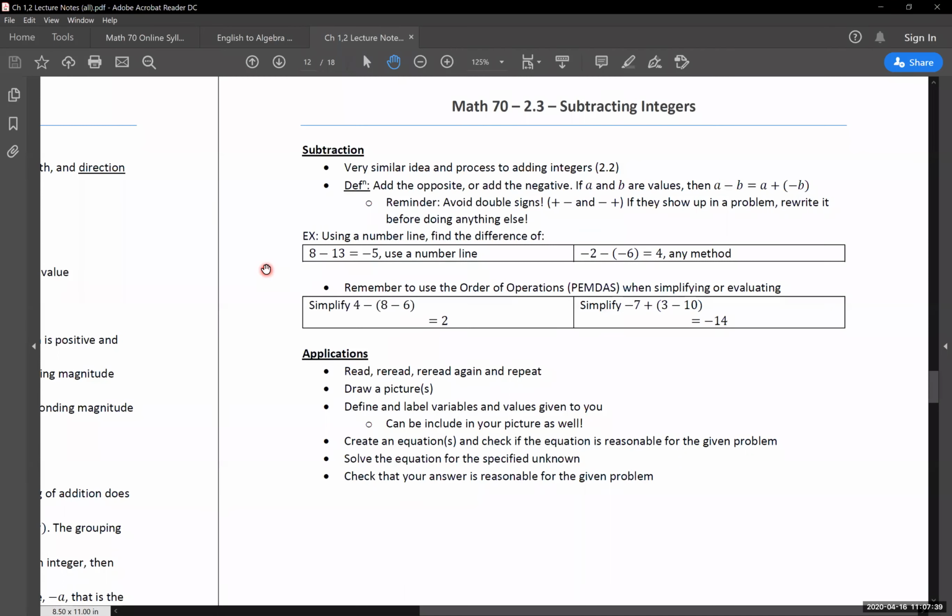So we're going to go into a couple examples, very similar to what we did yesterday, except now we have subtraction showing up. We'll go through a couple of these just to see what it looks like on a number line, different ways of visualizing this subtraction process. So we'll jump over to the whiteboard over there.